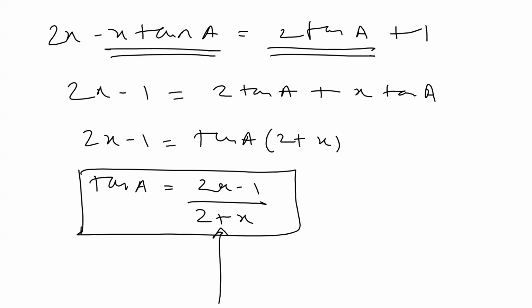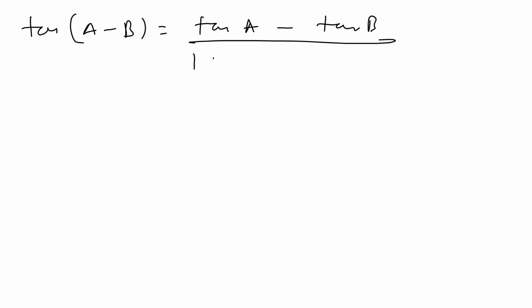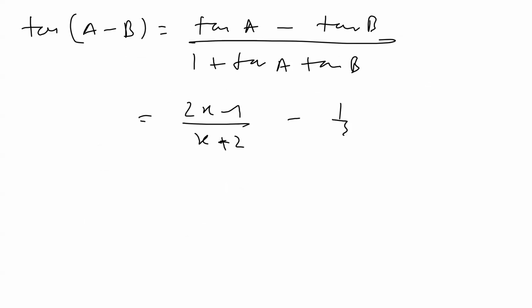Fine. Now tan A minus B in terms of x. So tan A minus B, tan A minus tan B, 1 plus tan A tan B. Now tan A we have already calculated, 2x minus 1 upon x plus 2, sorry. Tan B is half, 1 plus